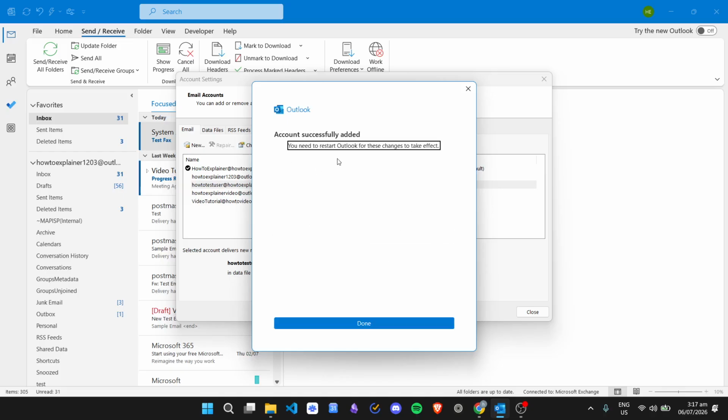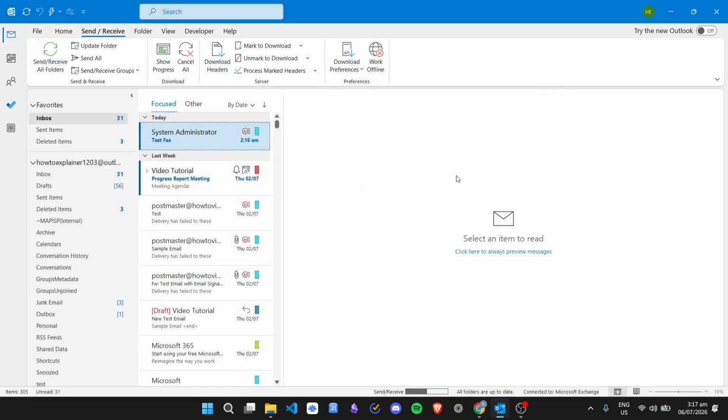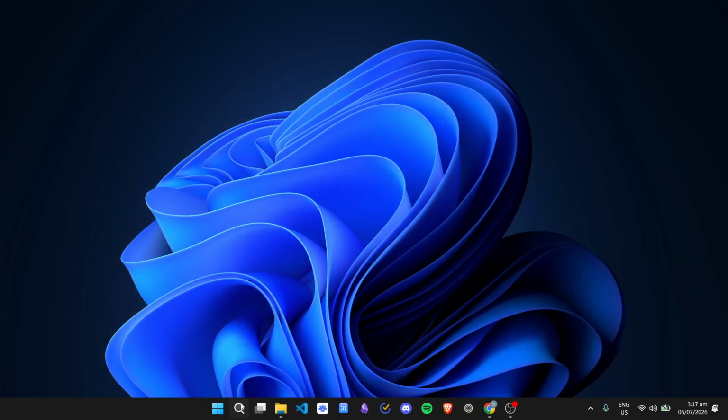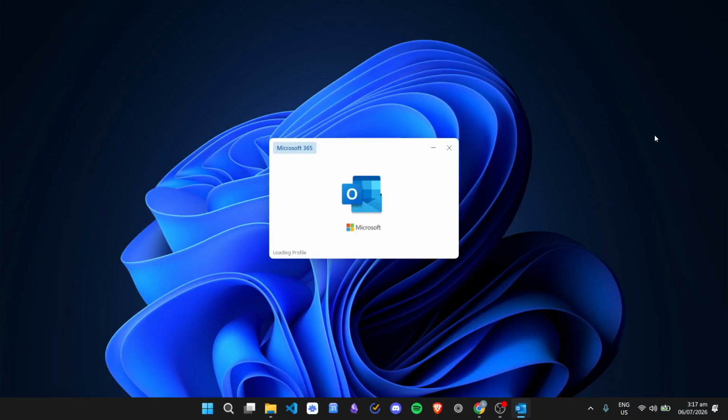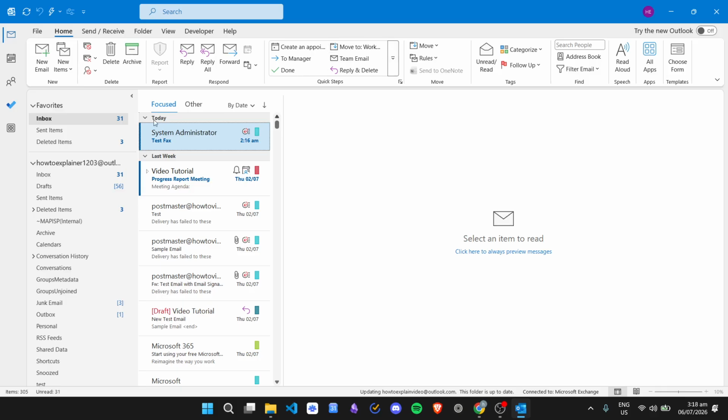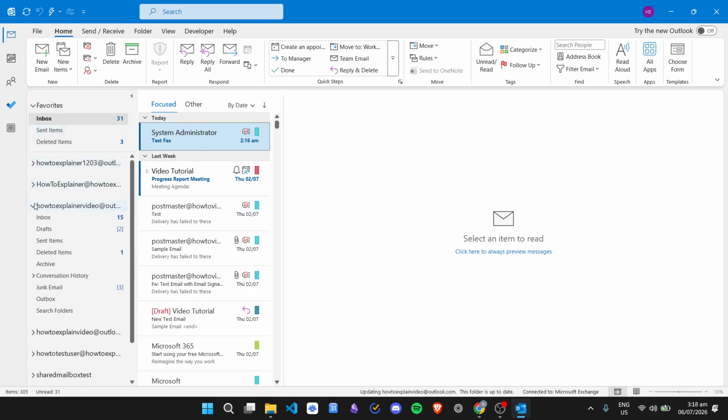From there, the account is successfully added. I can now go ahead and restart Outlook. So I'll just click done, close. From here, to restart Outlook, we just need to close it and then open it back again. And then we'll just wait for it to finish. Now, Outlook is open again, and then my account should now be added right here in the list of accounts